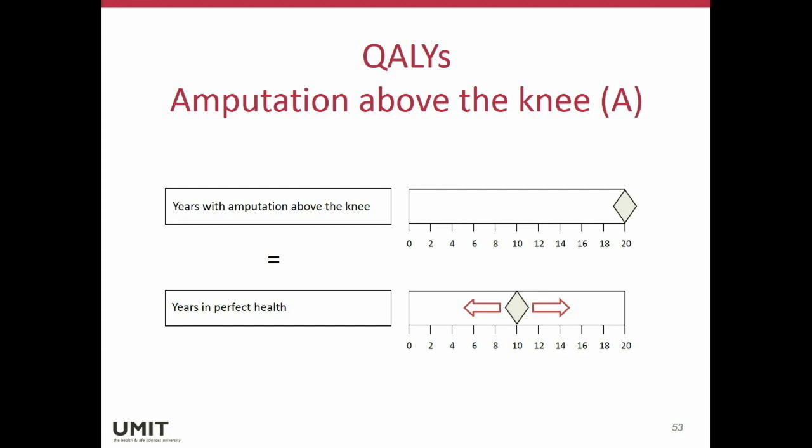Now I'm moving it all to the left, and I say, would you rather live 20 years with the amputation above the knee, or would you rather live in perfect health, but you're dead immediately, hit by a bus, no pain, but you're gone in a second? What would you say? Some people think, well, what is better, being dead immediately or having that amputation? But most people will go for living and then say,